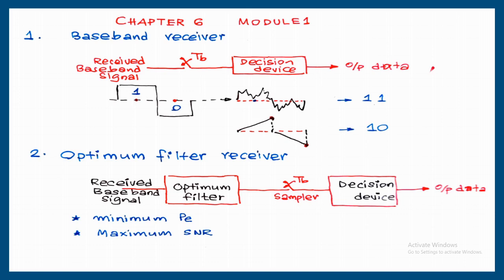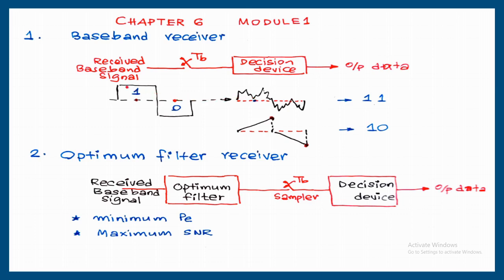So I'm showing an example here. This is a transmitted signal, 1, 0. Maybe this is a received signal. For this received signal, the normal procedure, if it is going to make a decision, is that one sampling point should be selected. So I selected the sampling points 0.5 TB, then 1.5 TB. At 0.5 TB, the switch is going to be closed. Here we are getting some small positive voltage. So due to this small positive voltage, decision is 1.